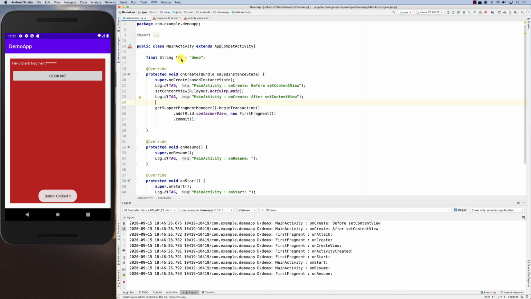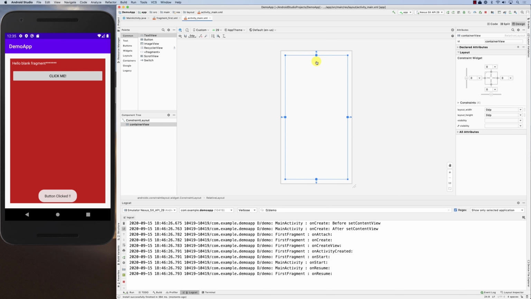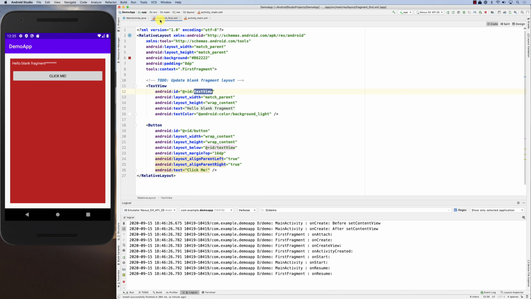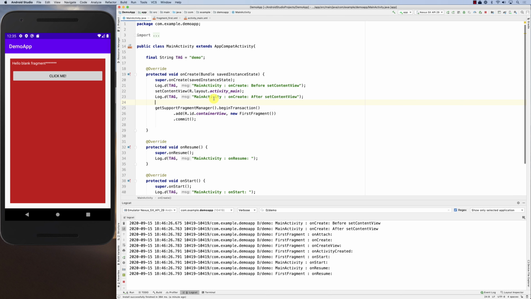But again, the first thing you need to worry about is that you need to identify where you want to drop this fragment, and that's where the fragment is going to be dropped or added. It needs to have an ID, so we call it container view. Then when you go to the code, you will see that we used that ID here. We are adding the fragment here, and so on. So that's basically the quick overview of how you add a fragment to the layout